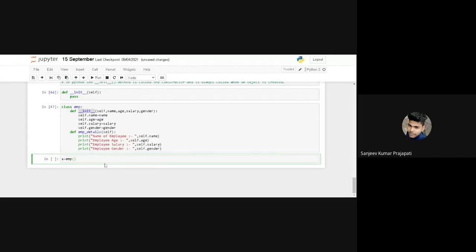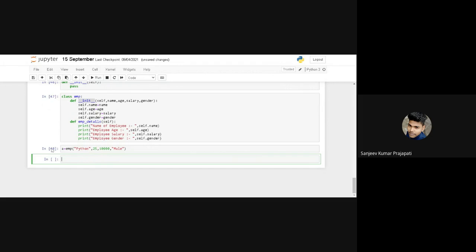Name is Python, age is 5, salary is 10,000, and then gender. Now we have successfully created the object of this particular class.